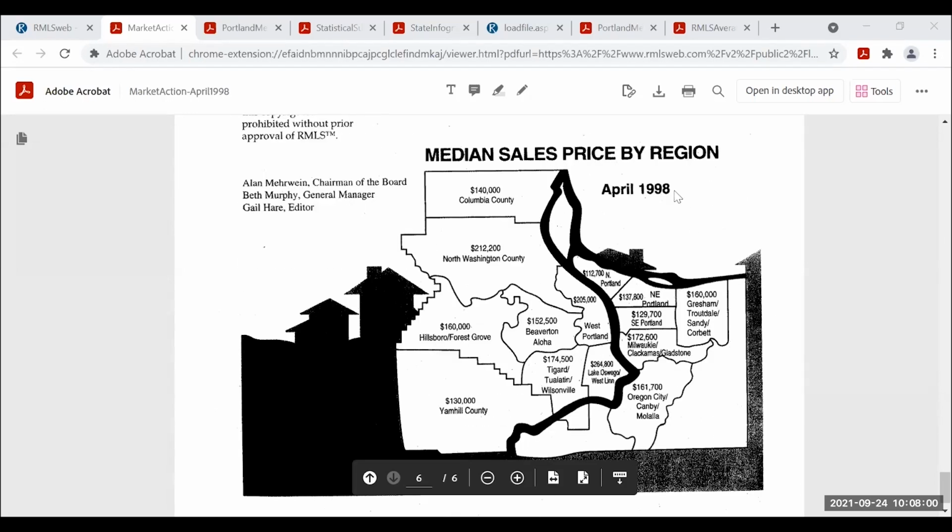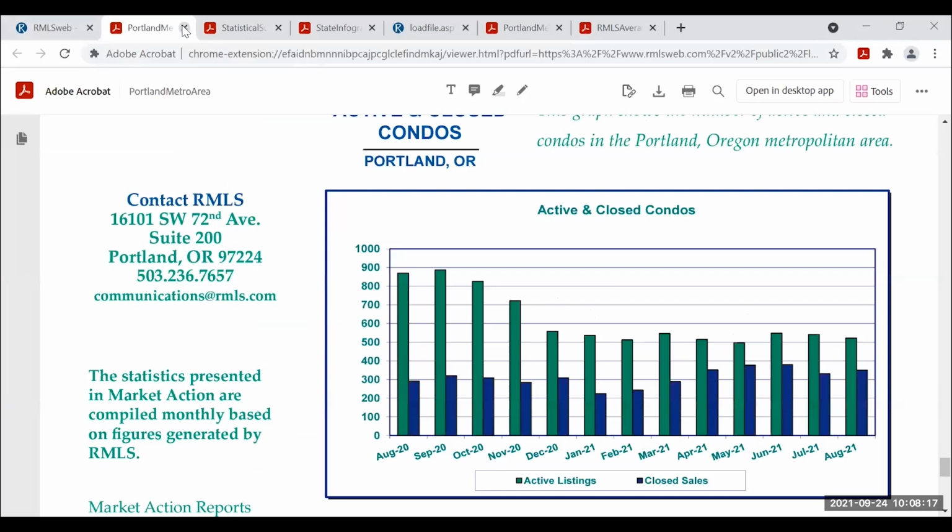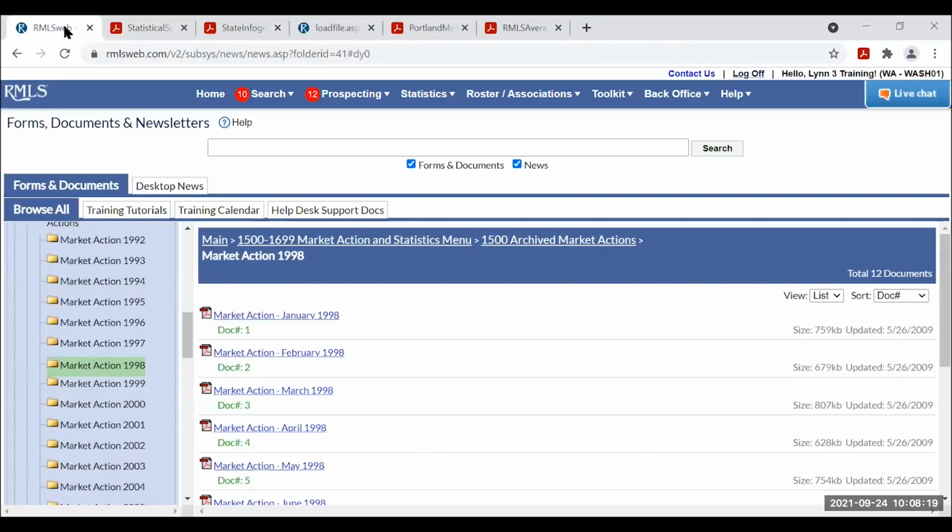We came into Clark County in 2000, so that's when the Clark County area will start to show up here. But yeah, Beaverton 152.5 median sale price, 1998. Okay, so it's kind of fun to go back in time. Okay, so let me close those as we go.